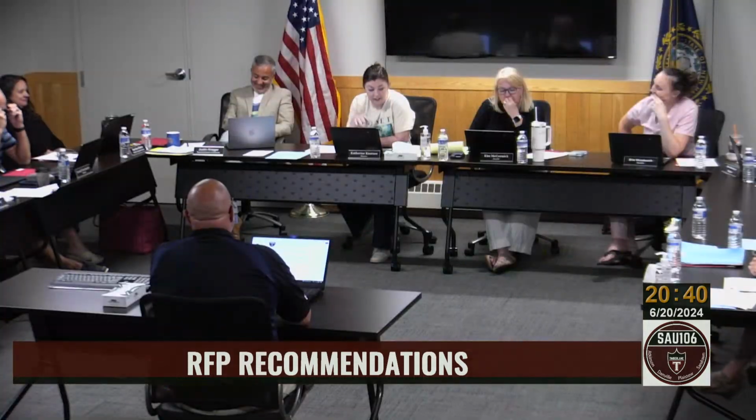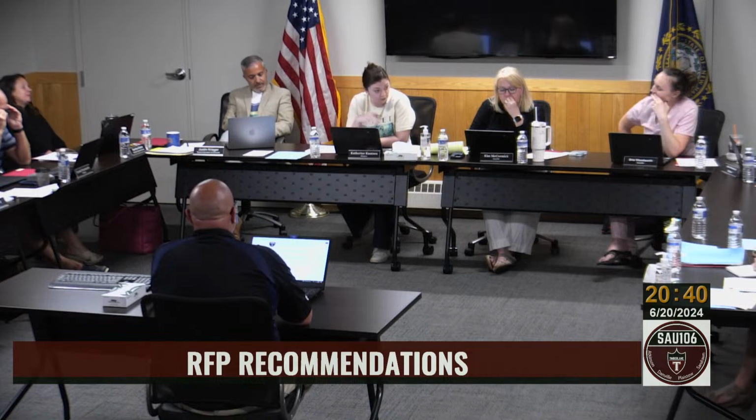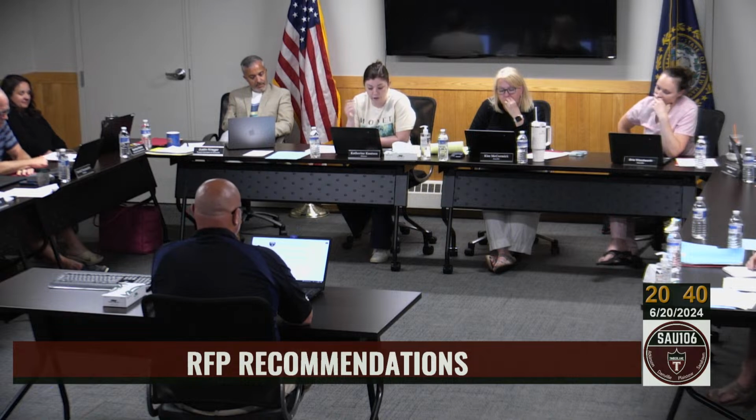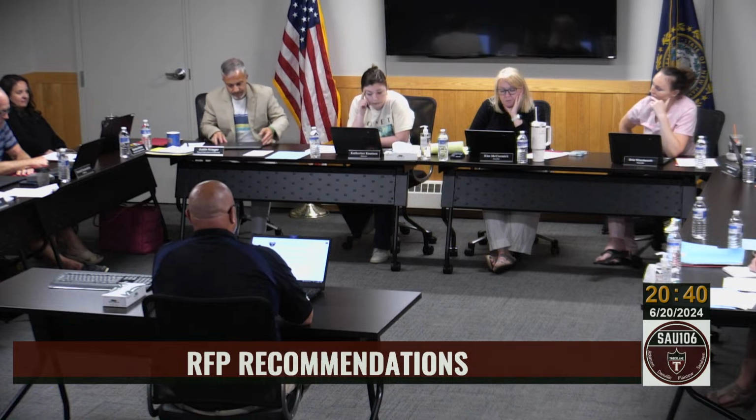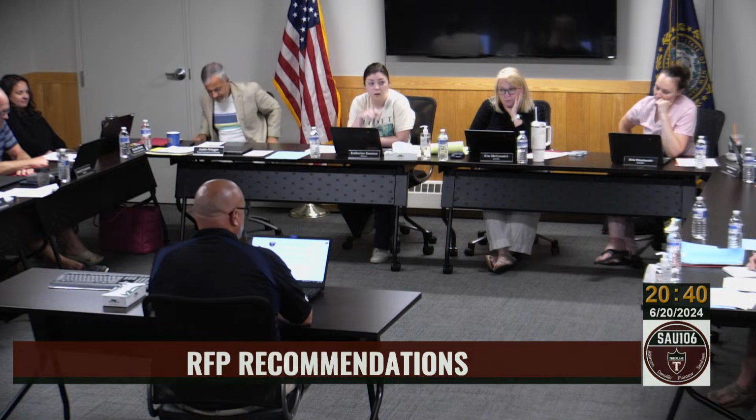Again, all right, so we have an RFP, we have a recommendation that I've heard from other people in the community and especially past people who've played on that field, that that's a swamp that needs to be fixed. This is one step in the right direction to fix it. So we have a recommendation. Do I have a motion to accept the recommendation for Sports Turf Specialties for $25,140? So moved. Motion to have a second? Second. Seconded by Bree. Any other discussion? All right, all those in favor?